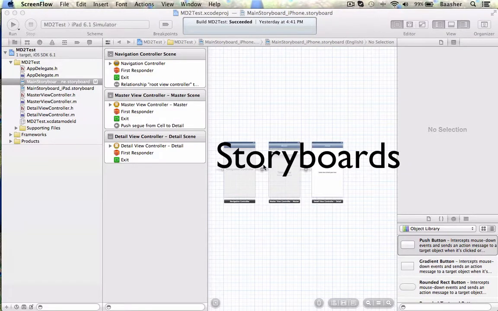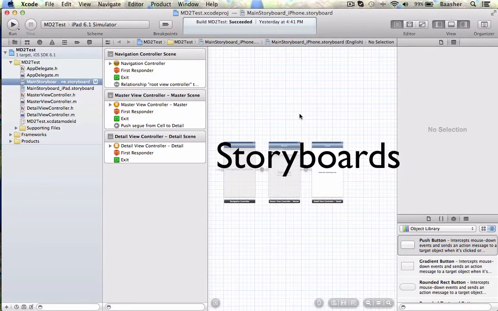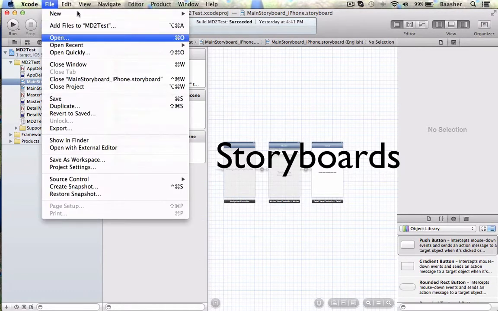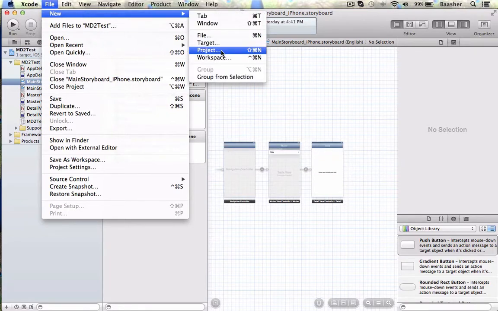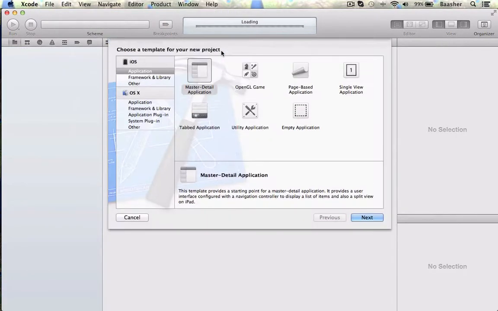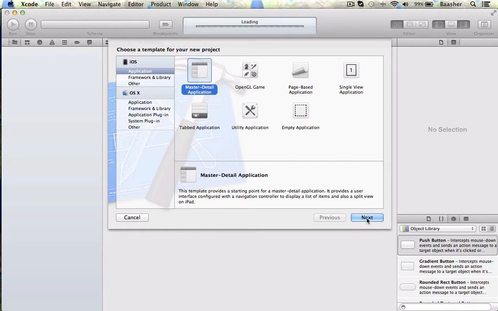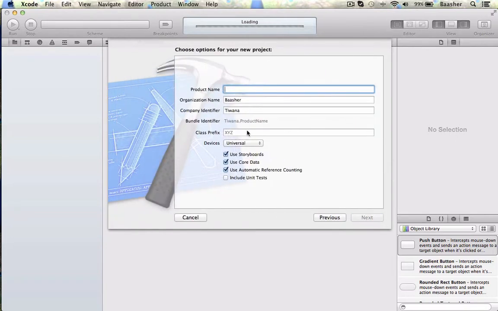This is a new way of making your application's user interface and connecting the pieces together. In some of the templates, that option is available. So if I was to say File, New Project, the master detail application has that option. See right here,